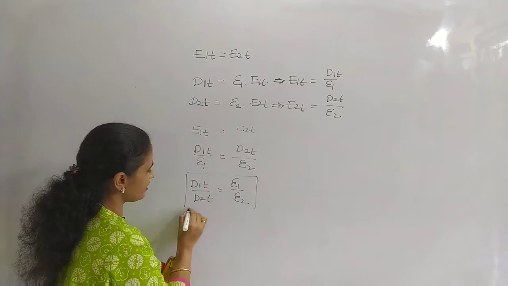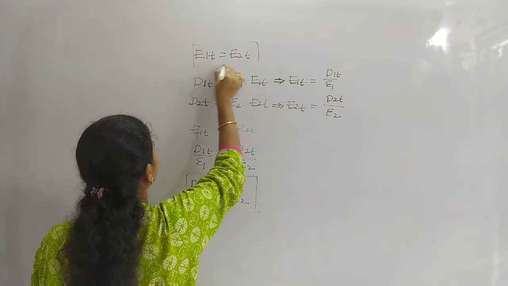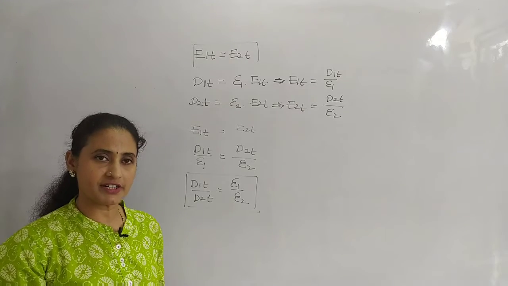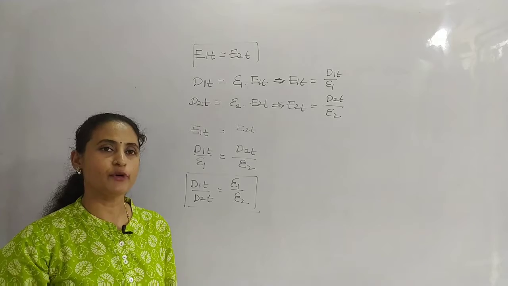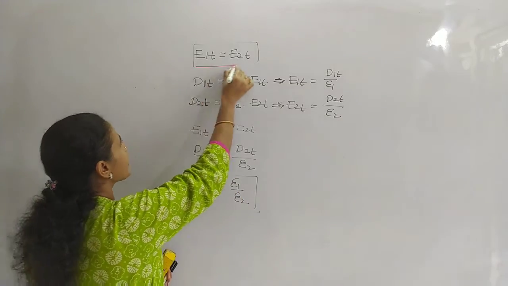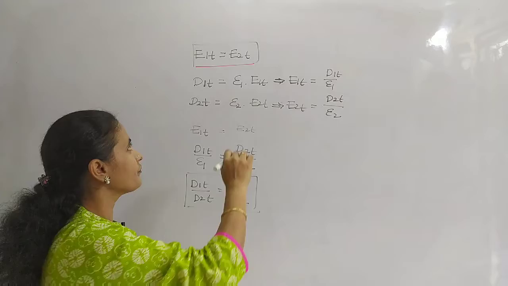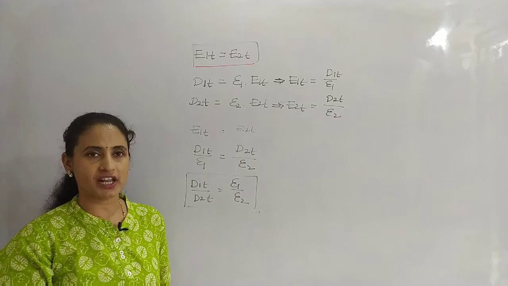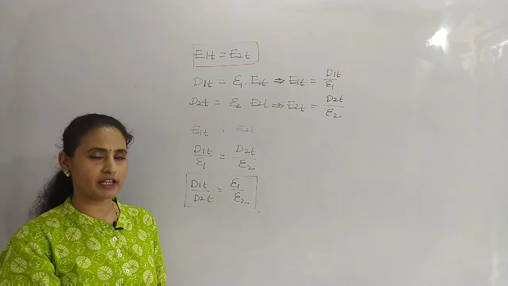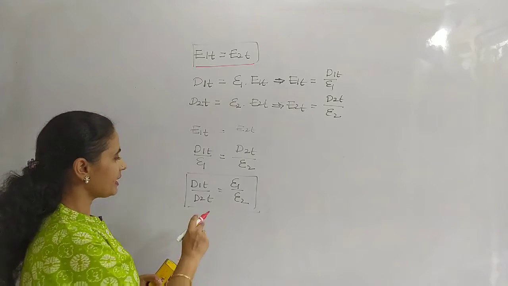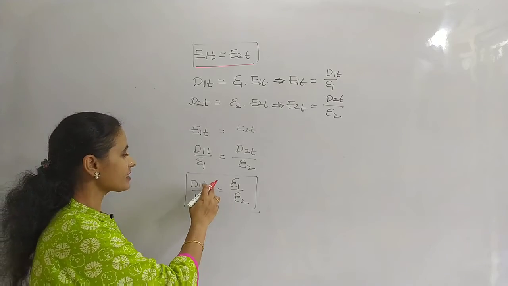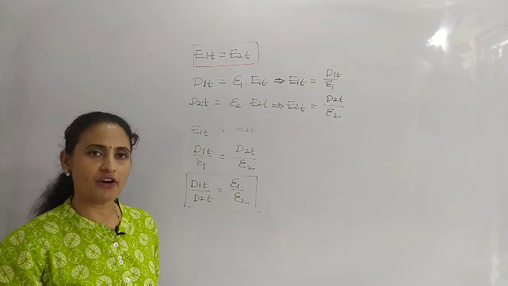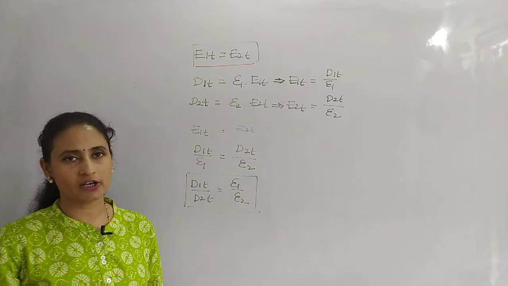So what is the difference between the tangential component of electric field and the tangential component of flux density? There won't be any change in the tangential component of electric field when it moves from one medium to the other. Both are the same. The tangential component in the first medium is the same as the tangential component in the second medium. So the electric field remains unchanged when it moves tangentially from one medium to the other. But in the case of electric flux density, when it moves from the first medium to the other medium, it purely depends upon the permittivity of the mediums, that is epsilon 1 to epsilon 2.